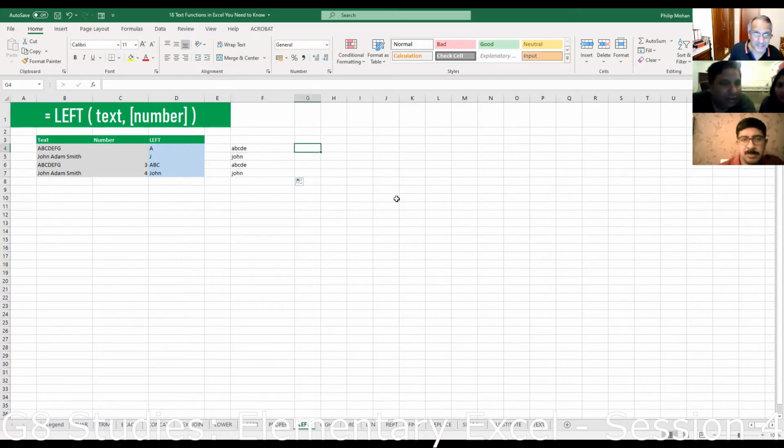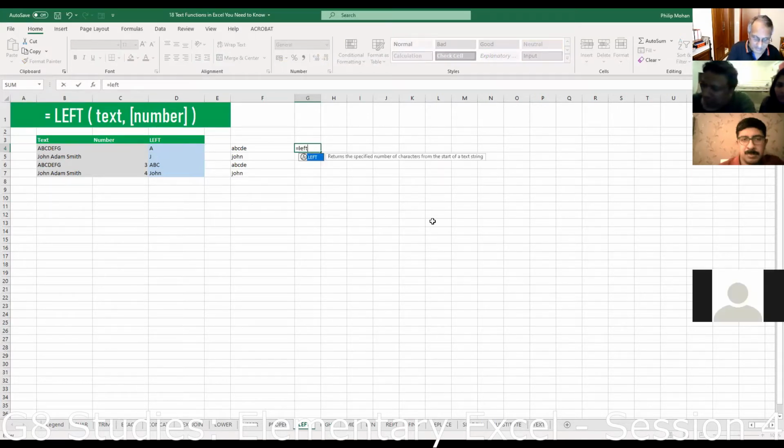Let's try. I'll leave that column there. Equals left B4 first 5 characters. Right of, let's say 6 characters.